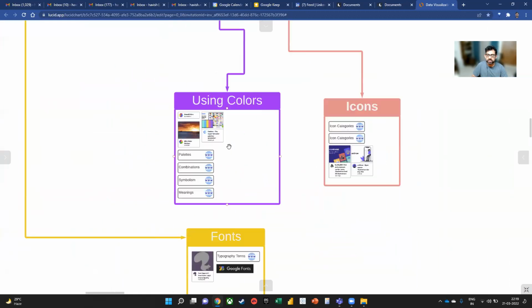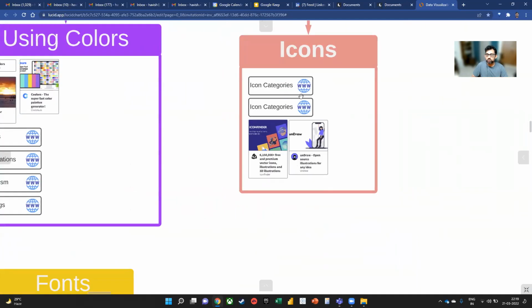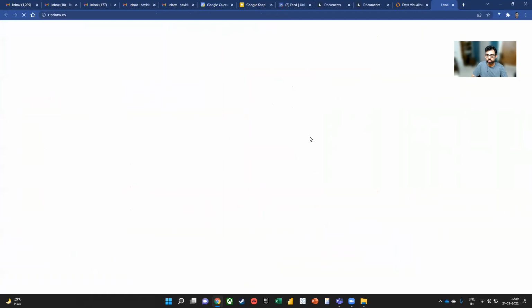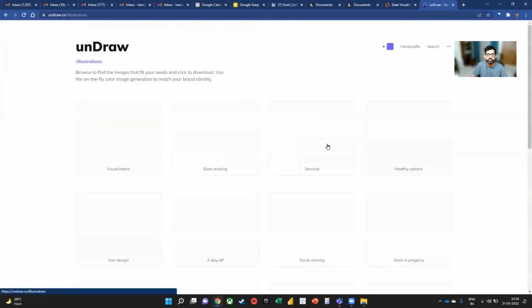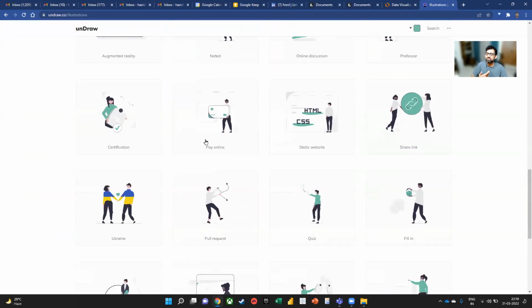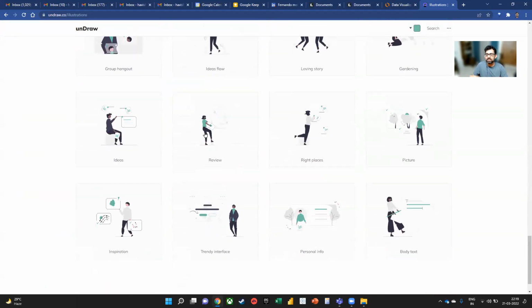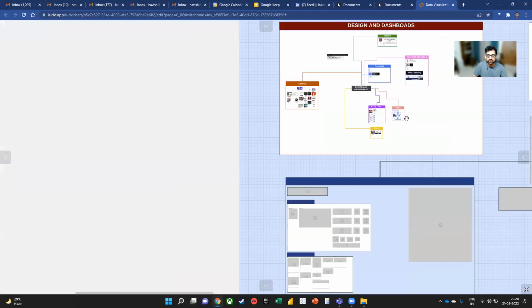Okay, next you notice I have given you a lot of links for using colors. Then I've given you links for using icons, right? Let me just open one of these. So if you look at Undraw, this is a website I use personally all the time. So you notice they have hundreds of icons, and the best part is you can change the color, right? So these are editable, right? And they have hundreds, not 1 or 2 or 10. They have hundreds of icons available. Okay, next I have given you